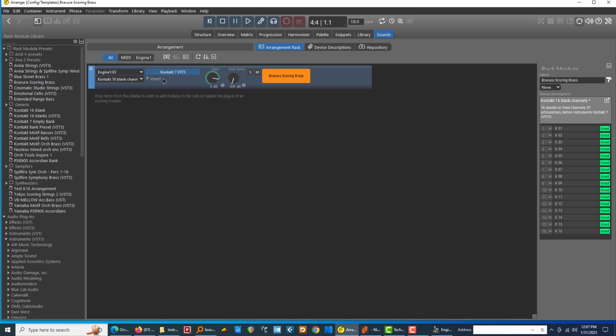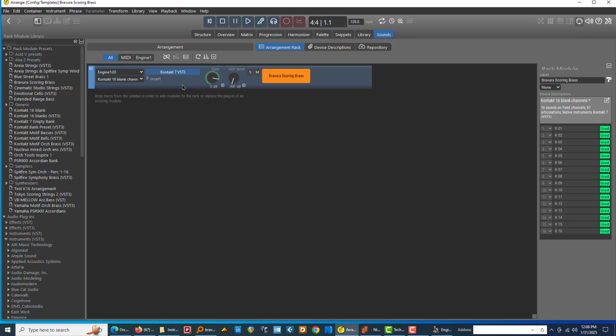Now, let me address something. There's an issue with Kontakt and all these instruments. The big issue, or one big issue, is memory, right? Even if you've got 100 gigs of RAM or 128 gigs of RAM, whatever you got, it begins to bog down. But on the other hand, it's nice to have all these instruments already set up in a big template, and not have to worry about loading them in every time you want to get to work and all that kind of thing. So one option could be that you